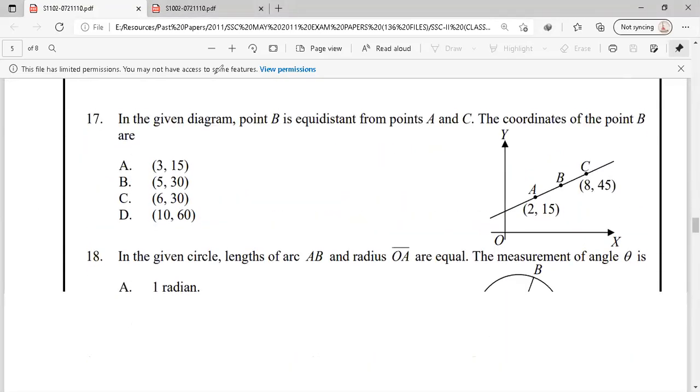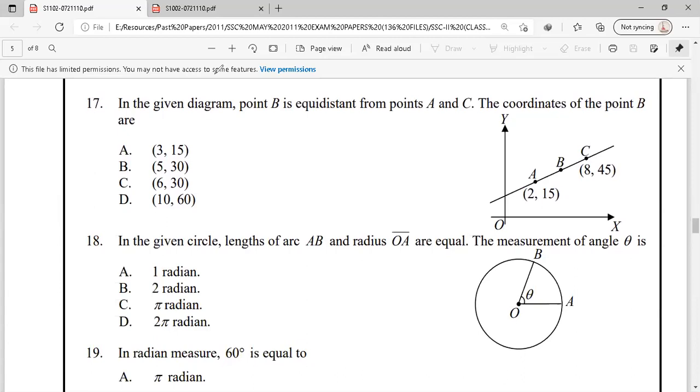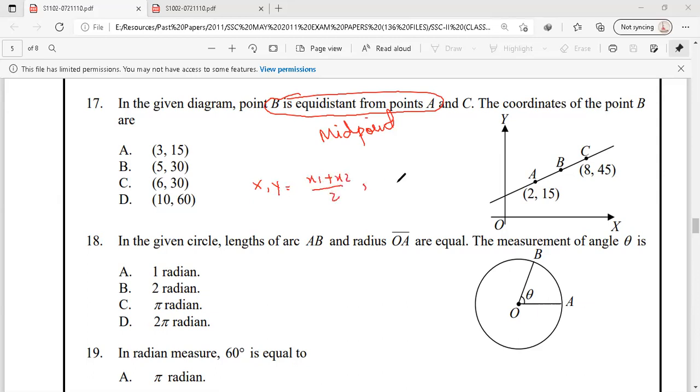Then we have question number 17 and 18. In the given diagram, point B is equidistant from point A and C, and we have to find the coordinates of B. Equidistance from point A and C means midpoint. So the formula of midpoint is (x1 plus x2) divided by 2, and (y1 plus y2) divided by 2. So it will become